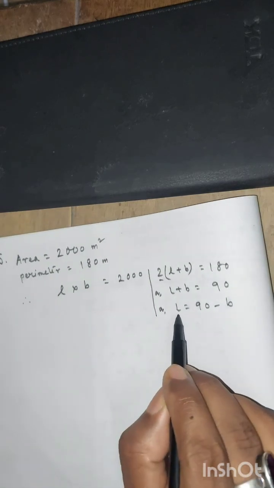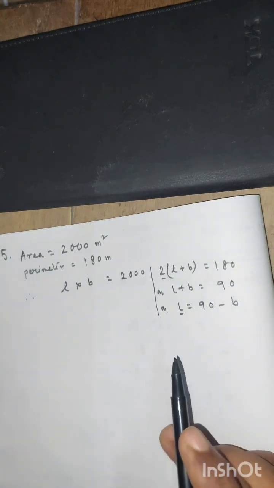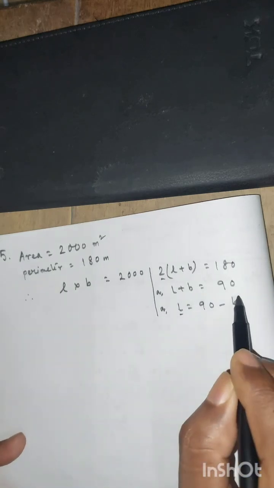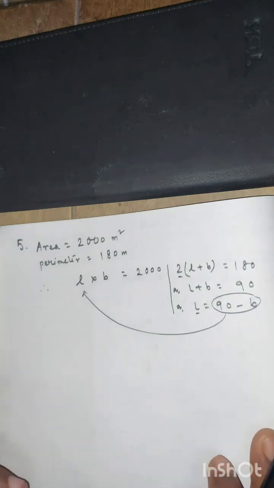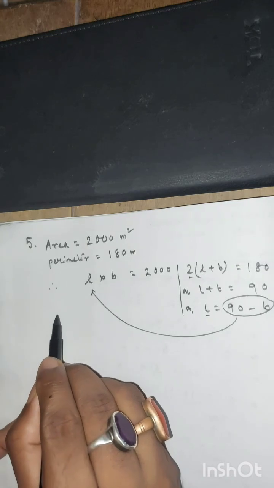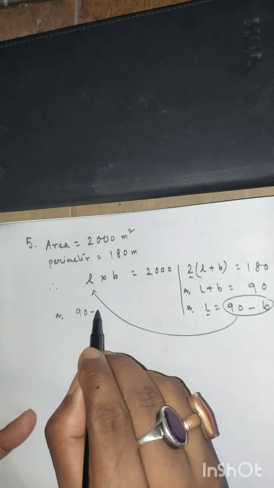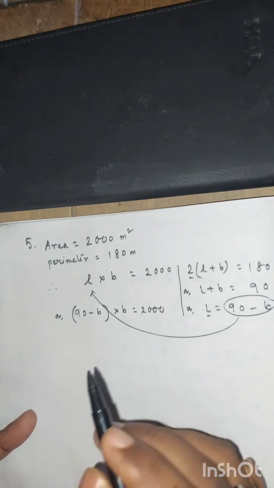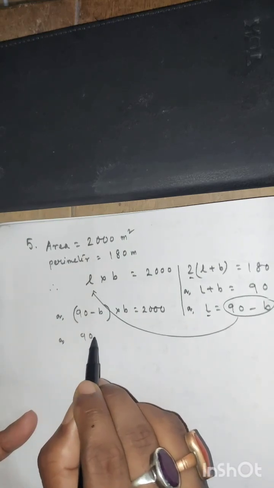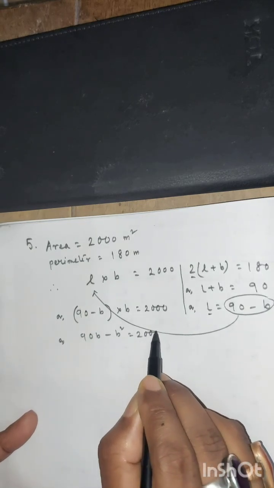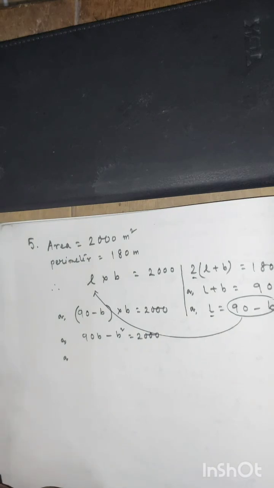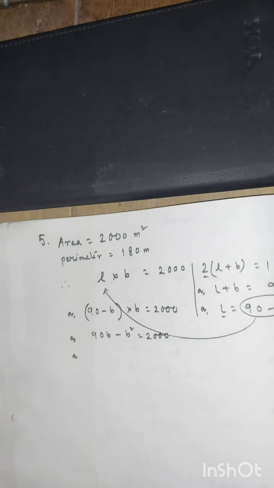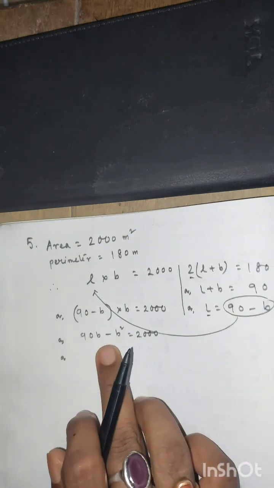Now if we put this value of L to this equation, we are putting this value in place of L. So we get... now if we take these quantities to the right side, we get